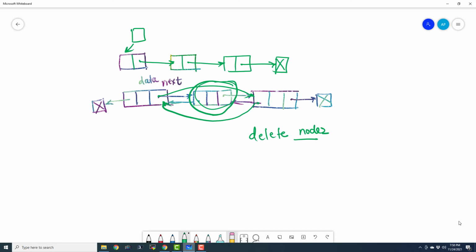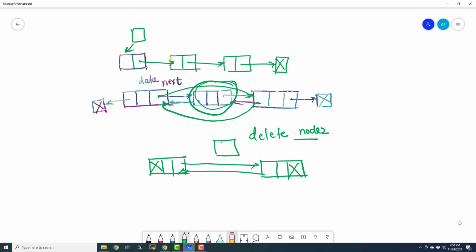Now we can also insert a node. Suppose you have a linked list with only two nodes. I'm just telling you very simple examples and I'm not taking care of all the cases, as there could be many cases. Here we have the links between these two, and these two are null. If I want to insert a node, I will have to create it manually like this, and then point the links like these. These two links will be automatically gone, and we will have a linked list with three members.